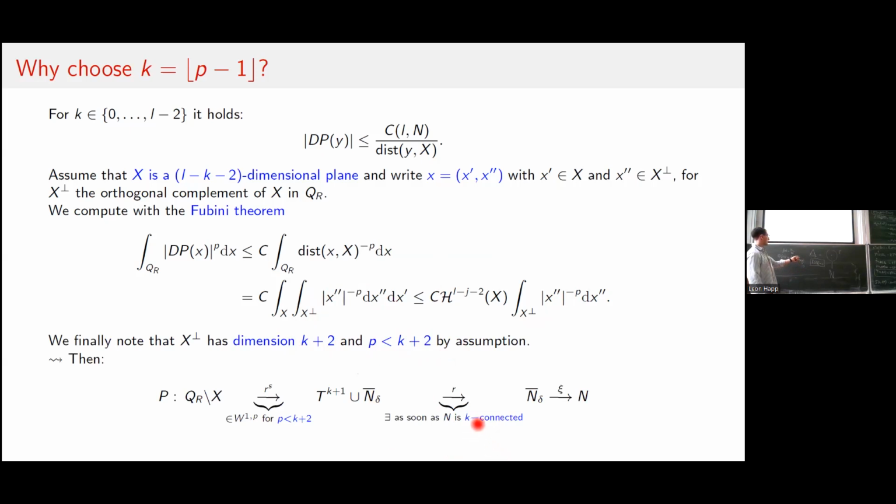So of course we want to take k as low as possible here, right? To put as few assumptions as possible on your target manifold, but you have to choose k big enough such that this is fulfilled, such that the singular retraction is actually integrable. So the best choice we can make is taking k exactly as p minus 1, because this is the lowest possible value such that this is fulfilled, and thus the optimal value for us.